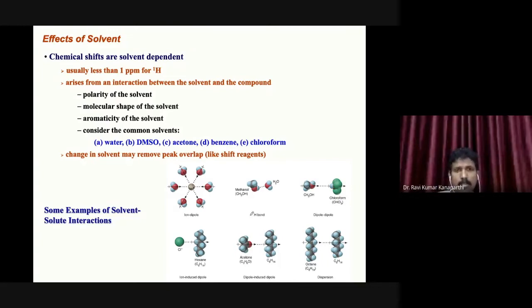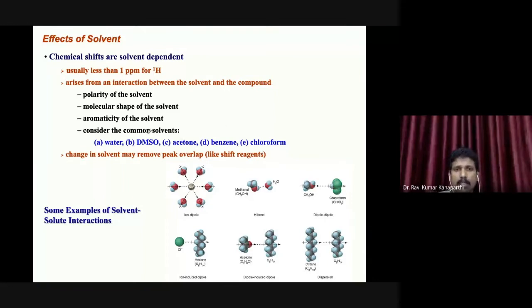Deuterated water, deuterated DMSO, deuterated acetone, deuterated chloroform. These are the common solvents we will be taking. Now suppose I take one compound and dissolve it in different deuterated solvents and record the NMR spectrum, what kind of changes will we come across? Ideally there should not be any change, but due to various other reasons we will see some kind of chemical shift variation. What I mean is, suppose you take ethanol as your compound, and you are trying to record its NMR spectrum in different solvents like water, DMSO, acetone, whatever is listed in the table.